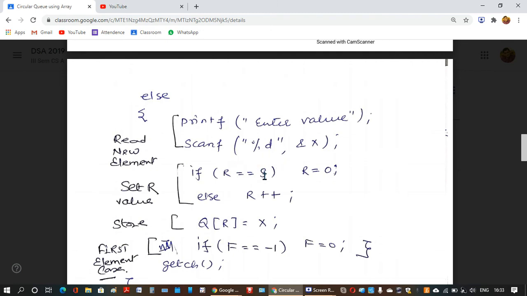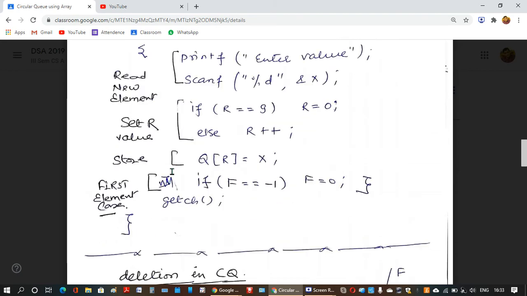Because this is a circular queue and this is not an overflow case, we will set R equals 0, else R plus plus. So if R equals 9, it will be set to 0, otherwise it is plus plus. So R is set. Now you insert that value, Q R equals X. So a value is stored here.